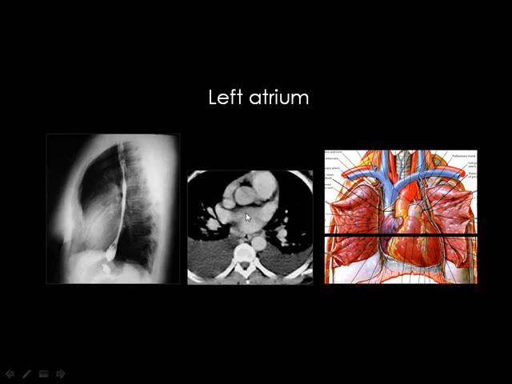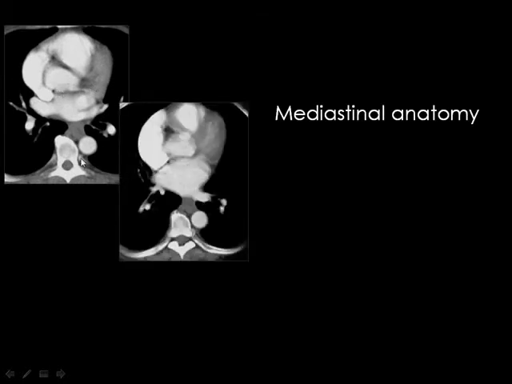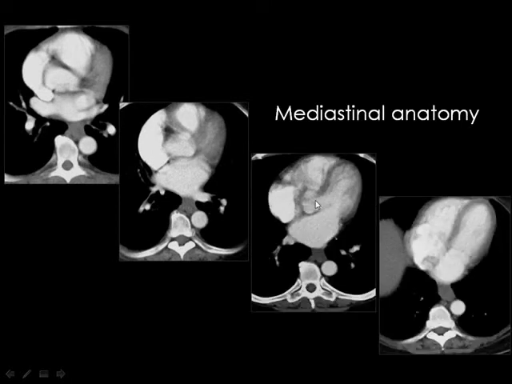And the left atrium is the midline cardiac chamber. Then here, this is the left atrium, and this is the right atrium. And this is the right ventricle, and this is the left ventricle, and this is the aortic root. Then going down, you see the left atrium, right ventricle, left ventricle, lower down, and this is the left ventricle,